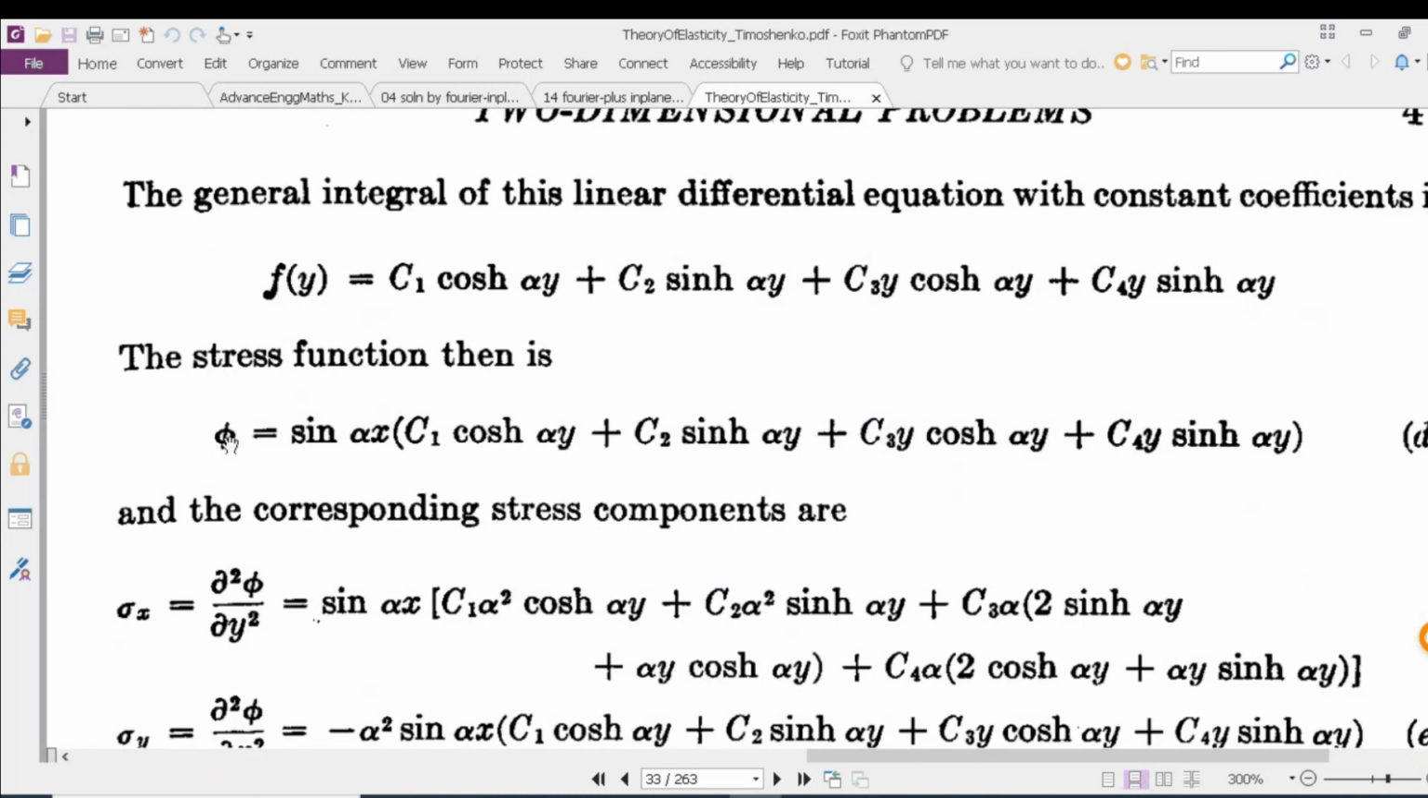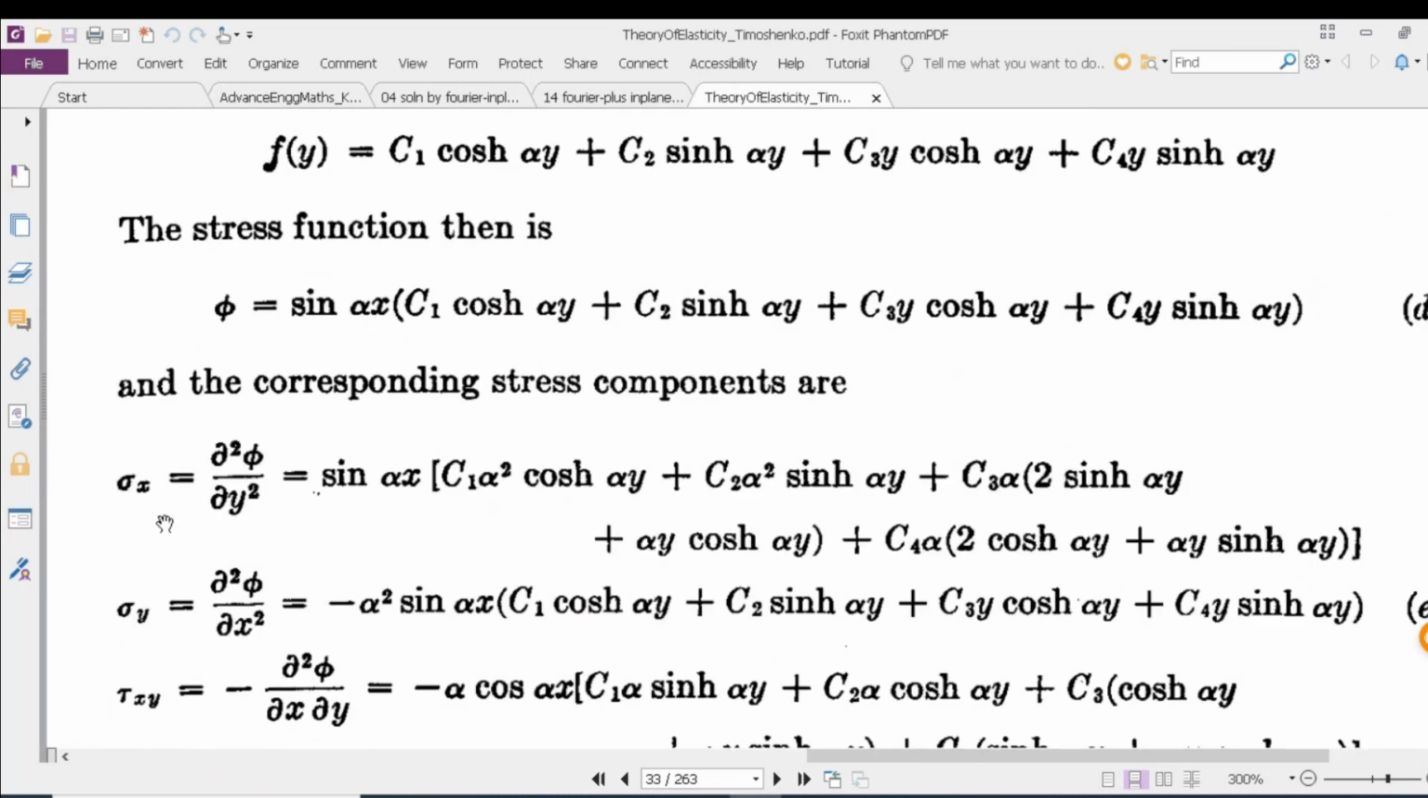After finding out phi, we can use Airy stress function to get our sigma x, sigma y, and tau xy. In this example, we are using xy coordinate system rather than x1, x2. Thus, sigma x comes out to be sine alpha x, big bracket, c1 alpha square cos hyperbolic alpha y plus c2 alpha square sine hyperbolic alpha y plus c3 alpha times small bracket 2 sine hyperbolic alpha y plus alpha y cos hyperbolic alpha y plus c4 alpha times small bracket 2 times cos hyperbolic alpha y plus alpha y